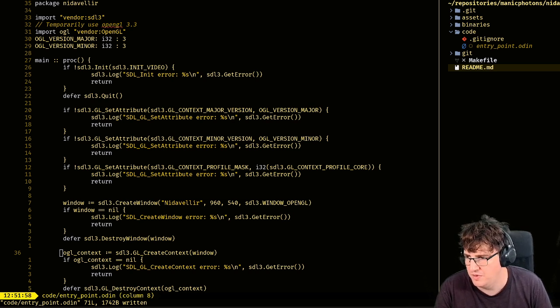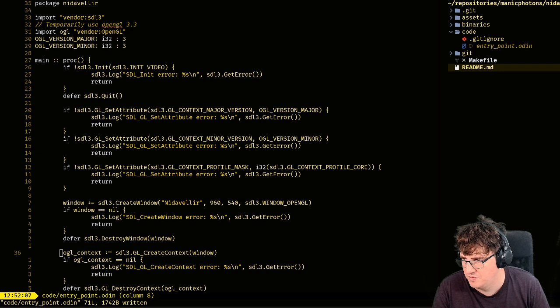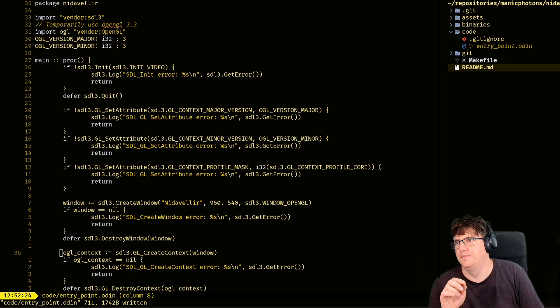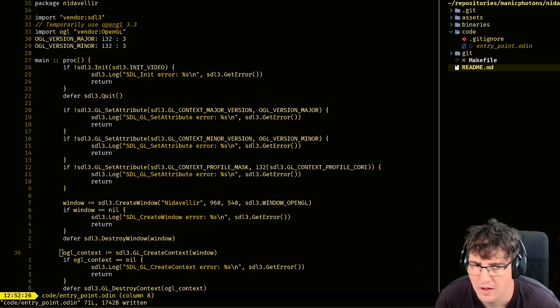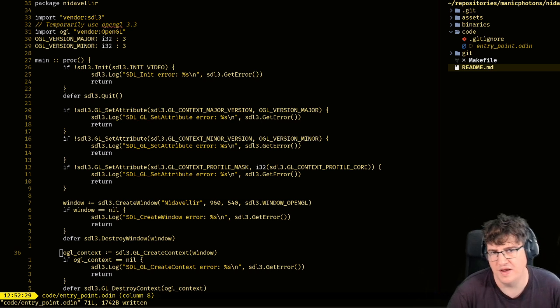Okay, so that should be done before create window.